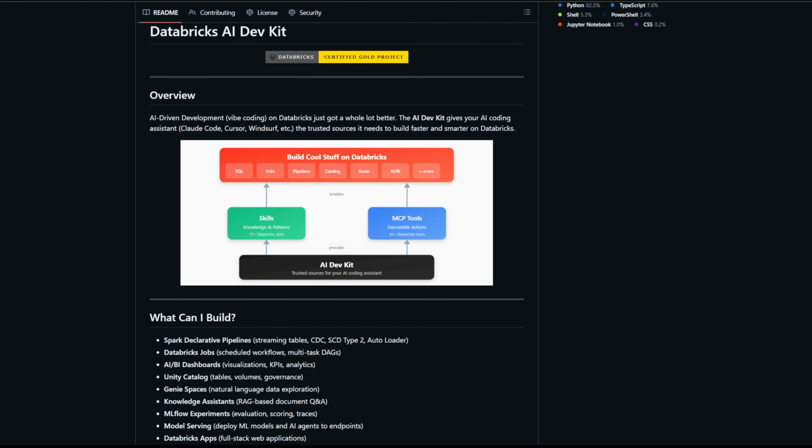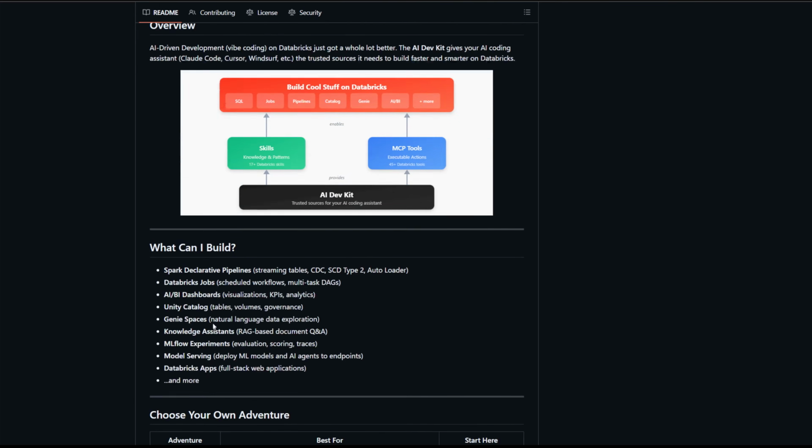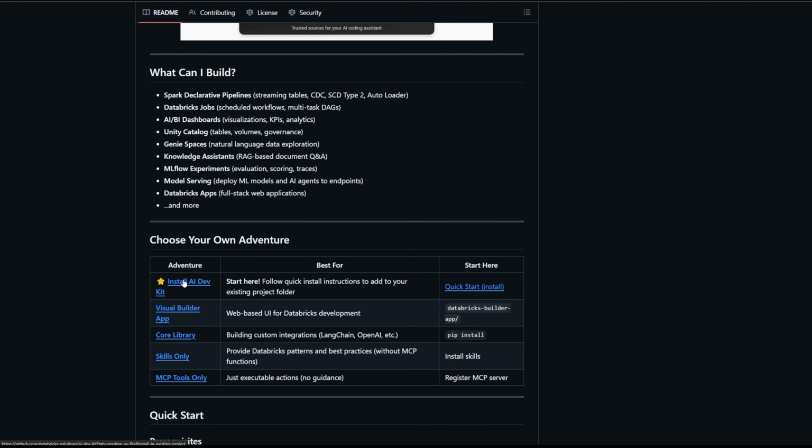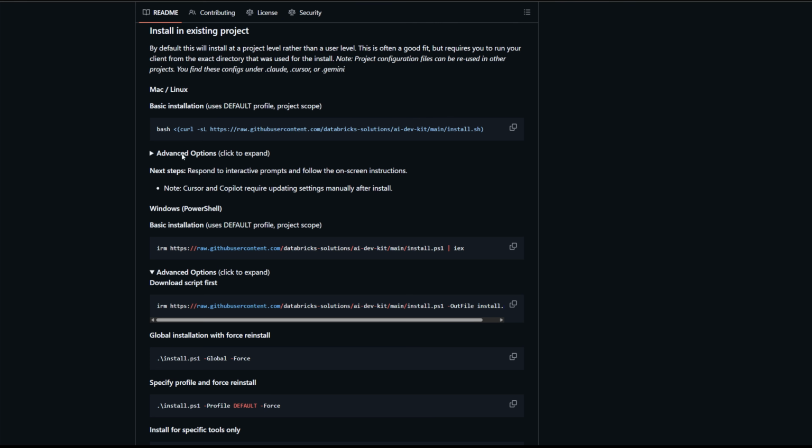Hey, in this quick video, we're going to look at installing Databricks AI DevKit for Visual Studio Code with Copilot. So what I'll do is I'll go to the actual repository. Pretty quick in the README, you will see the list of ways to get going, and we'll jump to the